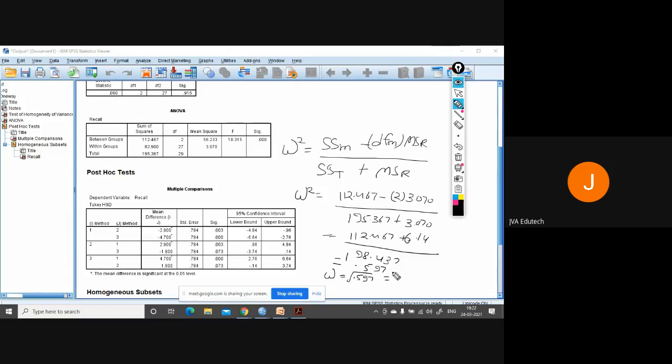Let's see what it comes out to be. It comes out to be 77.2. Now you can see that your effect size has improved to 77.2%. So it is better to use omega square for calculating the effect size.